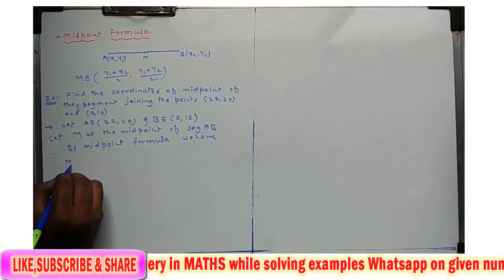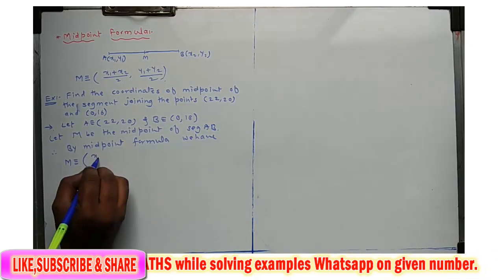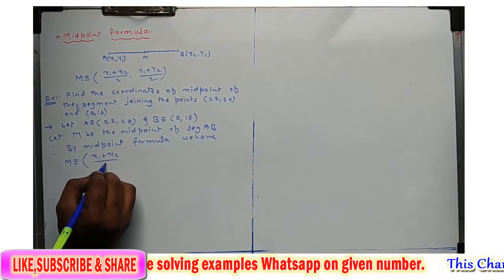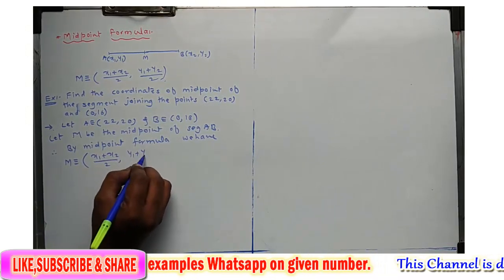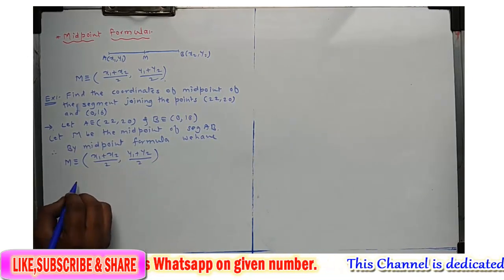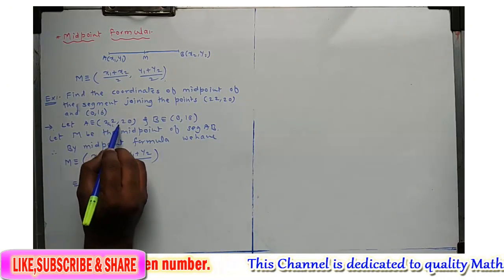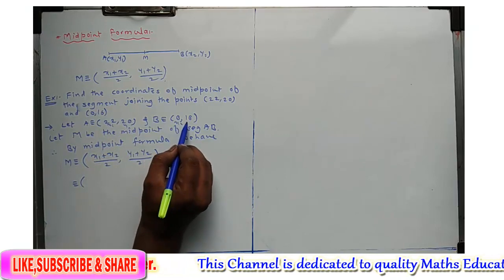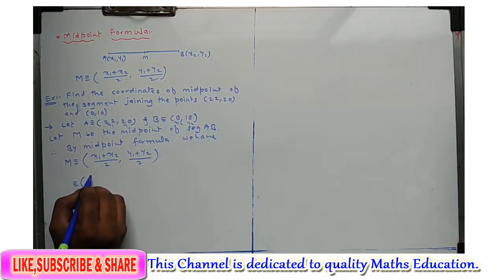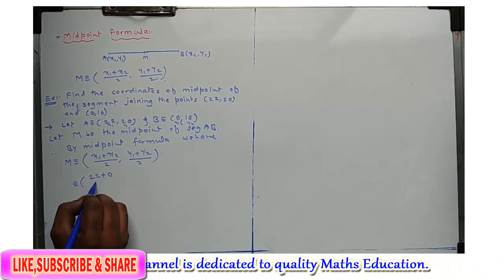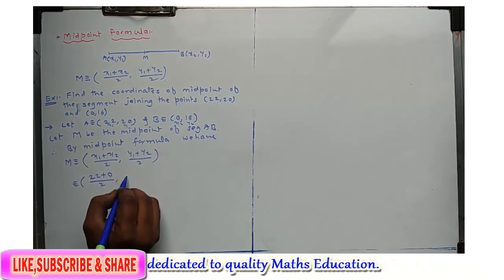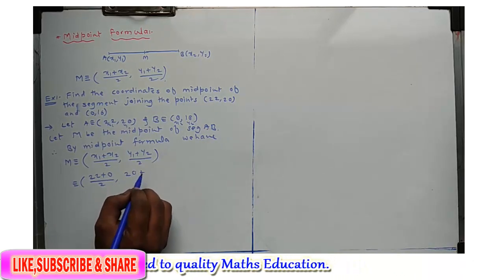Coordinate of point M is equal to x1 plus x2 upon 2 comma y1 plus y2 upon 2. So first point consider as x1, y1, second point as x2, y2. So it is 22 plus 0 upon 2 comma y1 is 20 plus